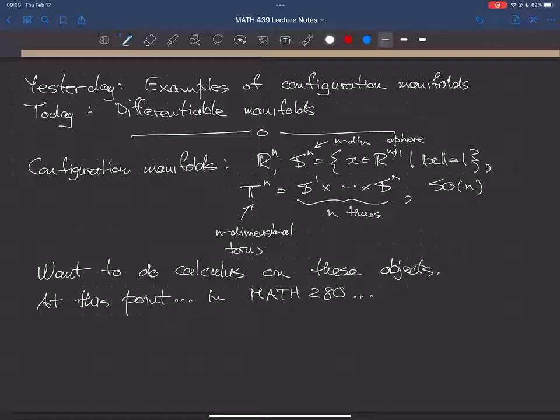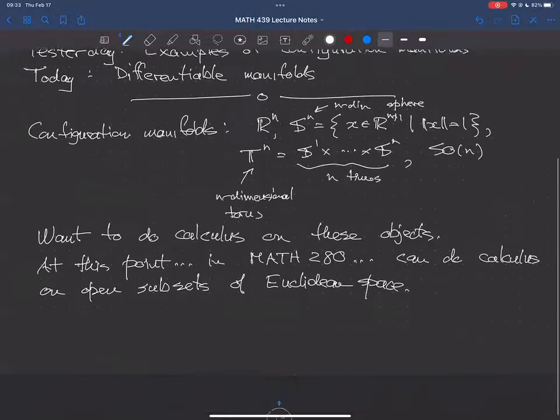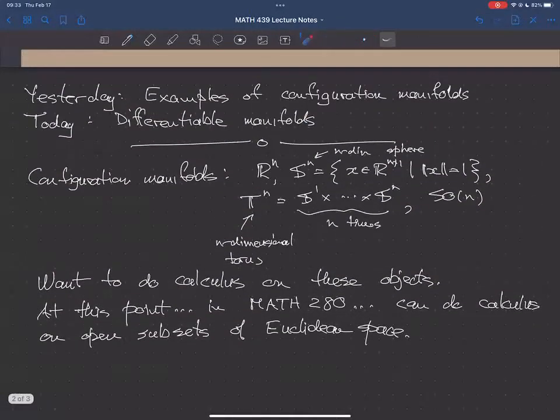You do calculus on open subsets of Euclidean space. Okay, so multivariable calculus. All right, so we know how to do that, but these things are not open subsets